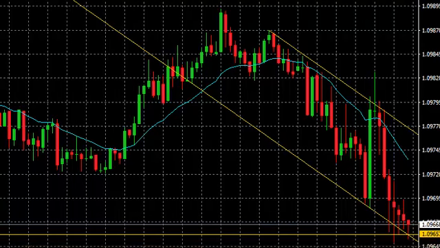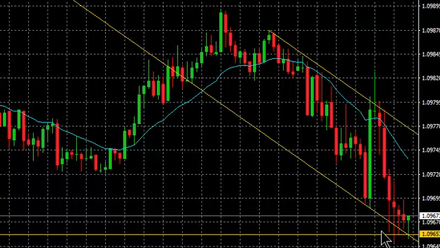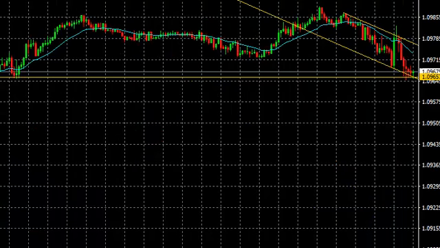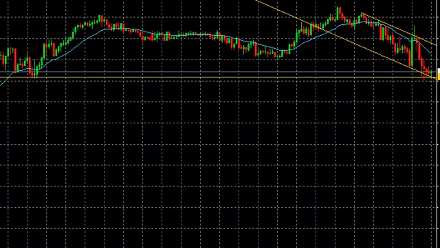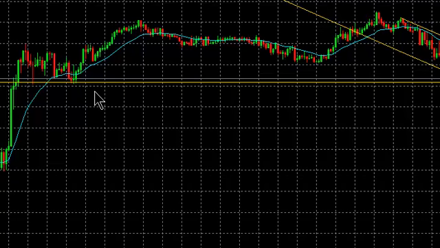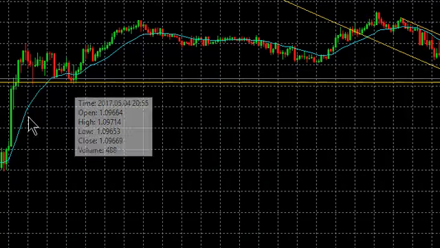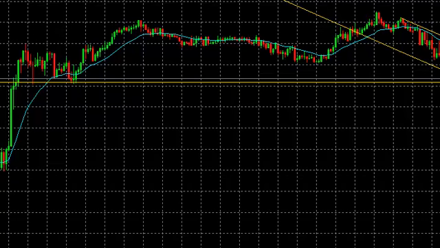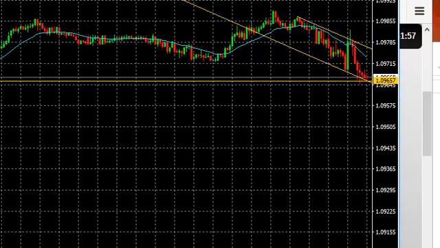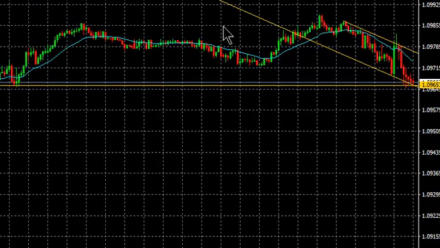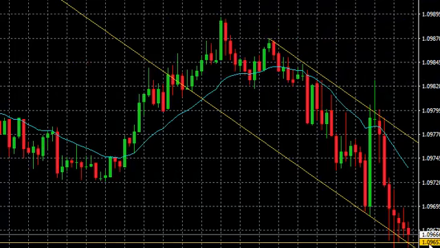Okay, we have a setup here in the Euro USD, and we've got a downtrend here. It's come up against a level of support, which if we scan out a bit, we'll see what happened. Well, we had a bottom occur as the first pullback in this large uptrend here that has leveled off, and now we have the move down in price as it's starting to test this level of support one more time. So given that this is only the second time the support level has been tested,